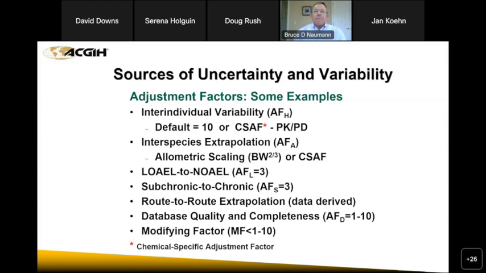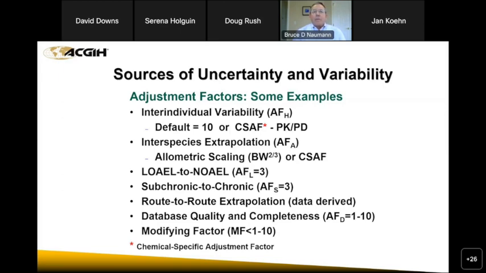And as the toxicologists in the pharmaceutical industry got involved with these discussions, we were asked to come up with the pharmacokinetic and pharmacodynamic data, the PK and PD that we've been kind of sitting on. How can we improve the process? So the term chemical specific adjustment factor was coined. That's where we leverage the data that we have on those to move away from default uncertainty factors, or sometimes called data derived.